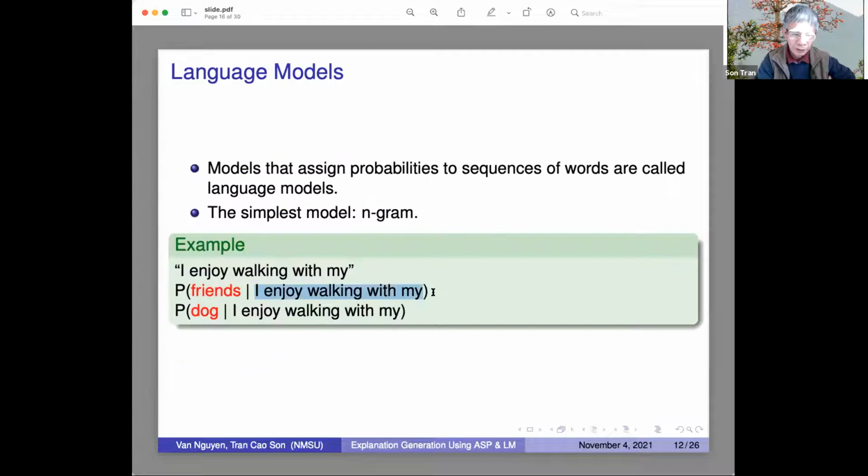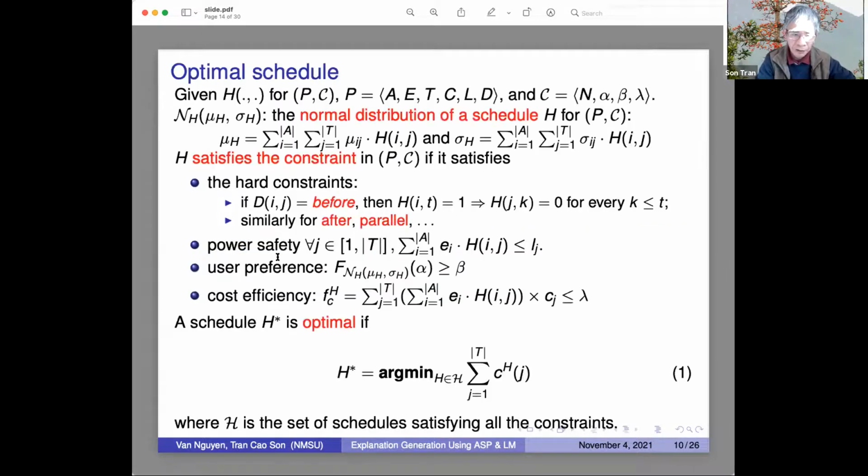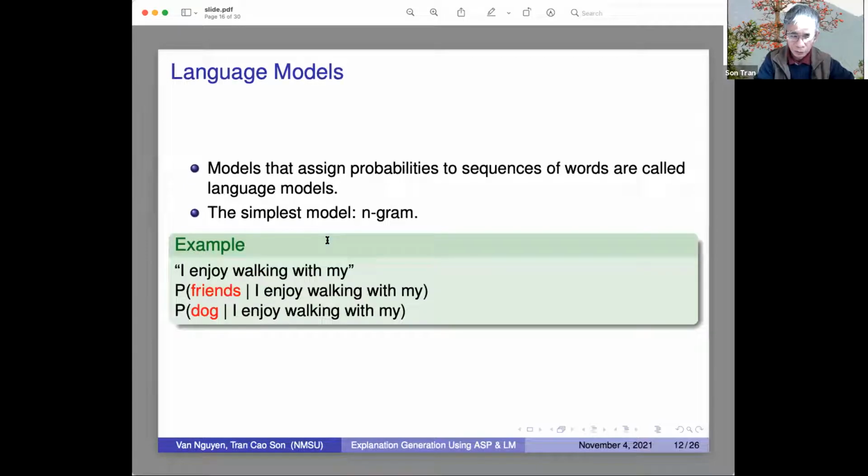So there are two things that we need to do in this subject. In here, how to generate the explanation. First of all, what is an explanation? If we represent the problem as given like a matrix like that, and we want to explain a question such as why is this device turned on at the time, then we need to explain to the user that the preferences at this point are given by this